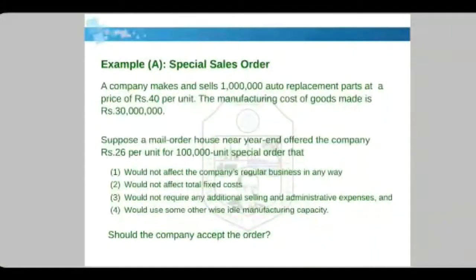Now, you will understand it in a better manner when we see an example. So, let's see one example. Example A, special sales order. A company makes and sells 1,000,000 auto replacement parts at a price of rupees 40 per unit. So it is making and selling this many auto replacement parts, and they are selling them at a price